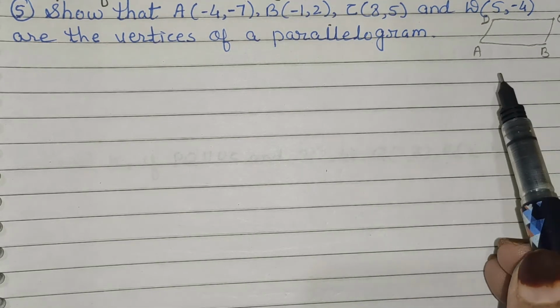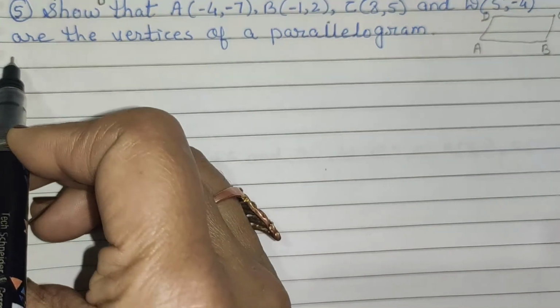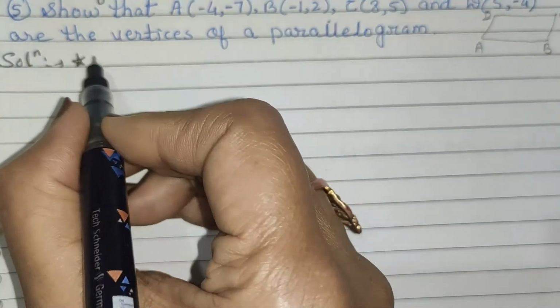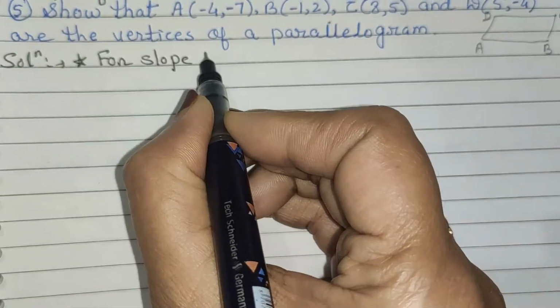Therefore, first find the slope of AB, BC, CD and AD. Now write down the solution here. First, for slope AB,